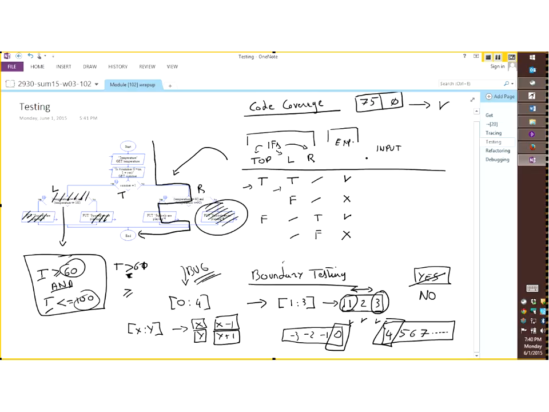Let's transform this into a real test table. The first thing is the variable summer, which I'm going to abbreviate by sum. And then the second thing is the variable temperature, which I'm going to abbreviate with temp. Okay, so what's happening here? Well, if I want the top if statement to be true, that means summer is 1.